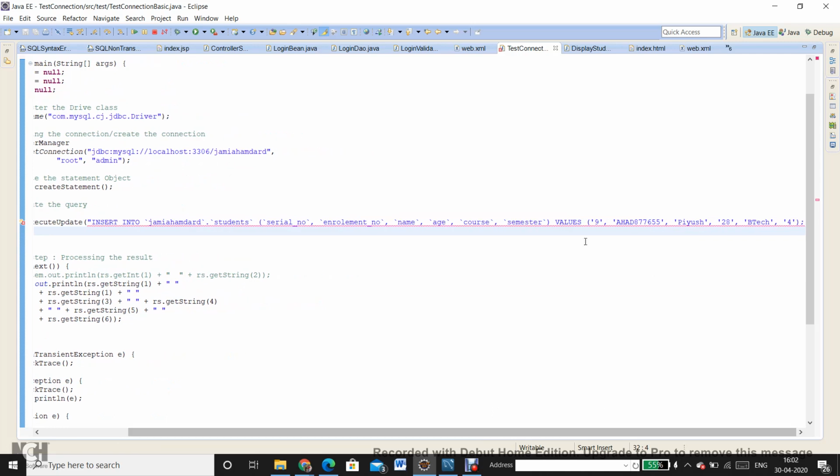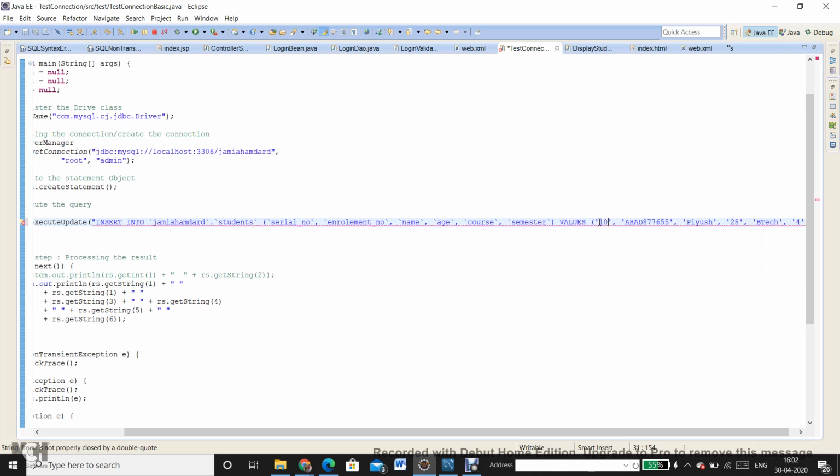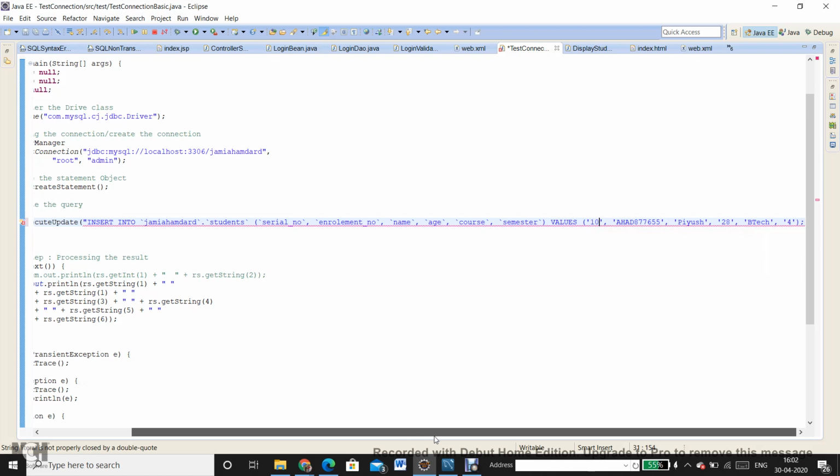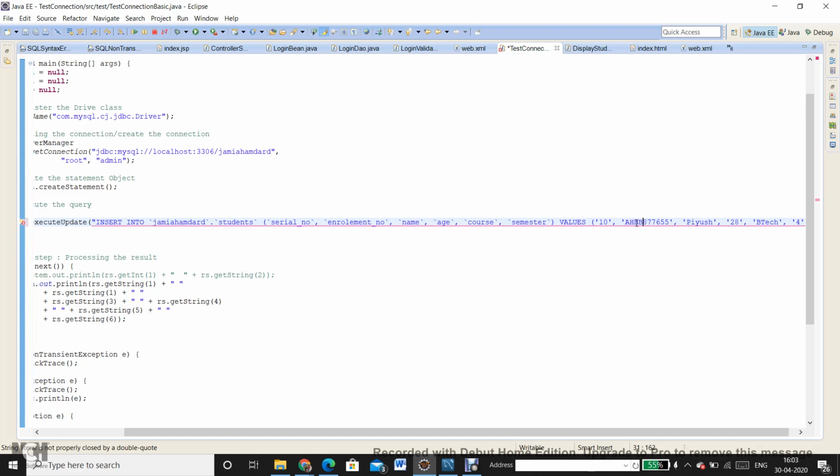The values I have to change, because the serial number is a unique key, and till now 9 records have been inserted. If I try to insert the 9th record again, then I will get the unique key problem and a runtime exception. So let me change some other values as well, although not technically required.